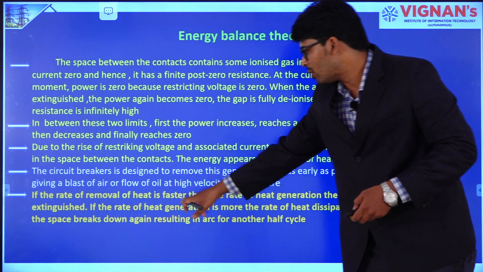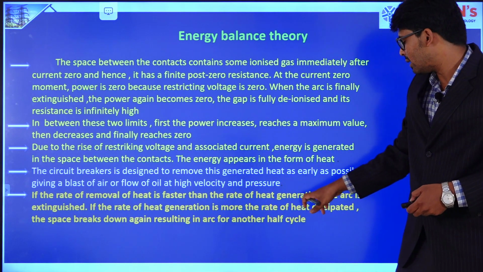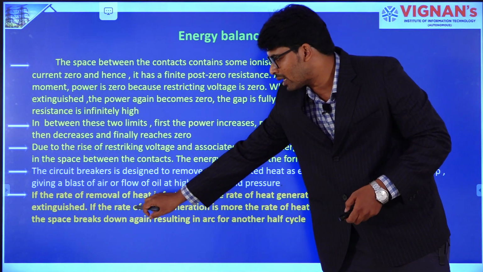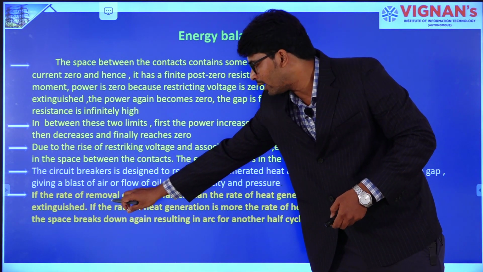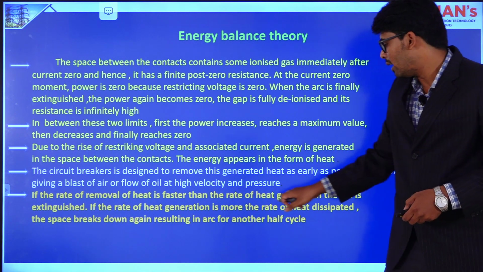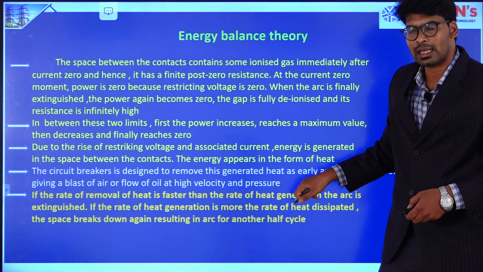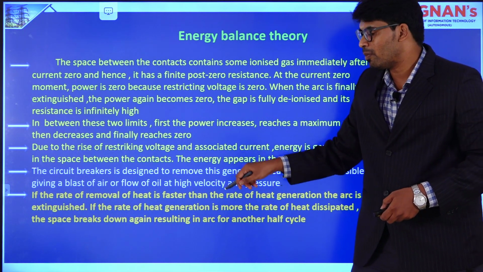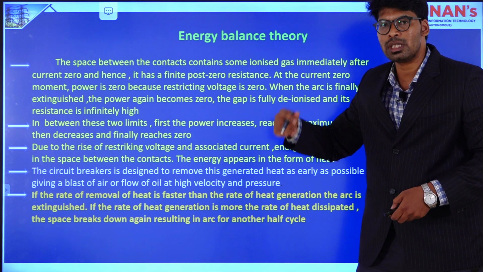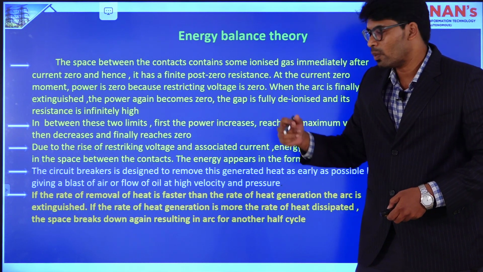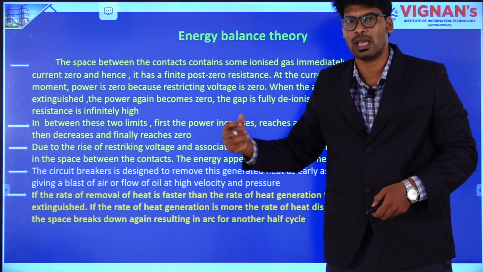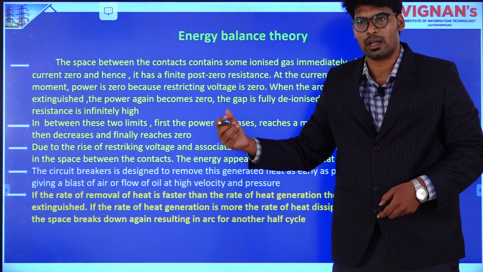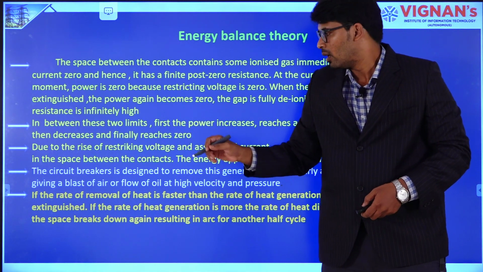So if the rate of removal of heat is faster than the rate of heat generated, the arc is extinguished. The main thing is the circuit breaker should be in a provision that the rate of removal of heat is faster than the rate of heat generated due to that arc. So our circuit breakers will be designed in a manner that they act very fast to reduce the heat generation. Okay. Based upon the capabilities of usage, you have different circuit breakers, which will be dealt with by my colleague Pawan.